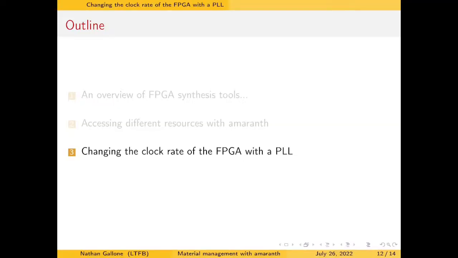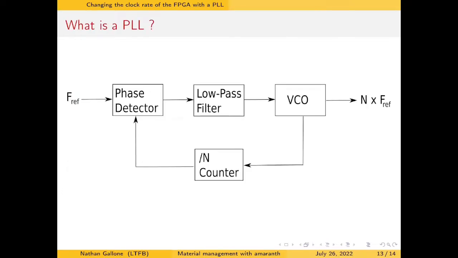Using GPIOs is fine, but you may also be interested in seeing how to use different materials that are not represented in the Amaranth board description file. A good example would be to see how to change our FPGA clock rates with a PLL. To make it as simple to understand as possible, a phase-locked loop, or PLL, could be summed up by this diagram. We have an input signal with an FREF frequency, and it's about to be filtered to be the input